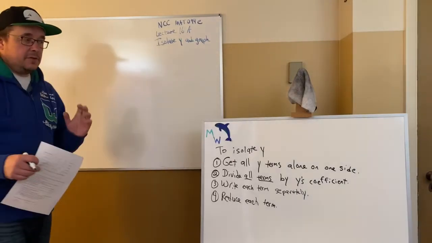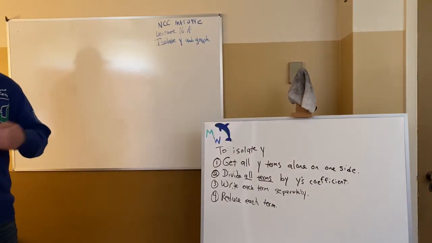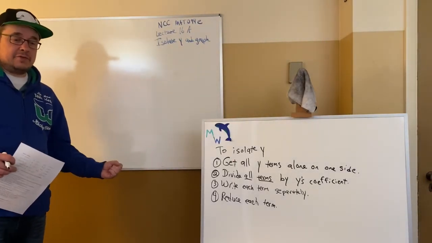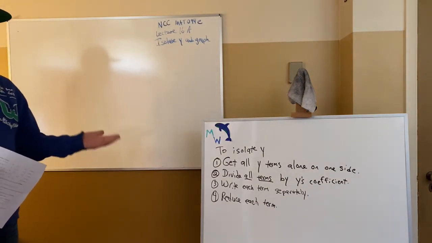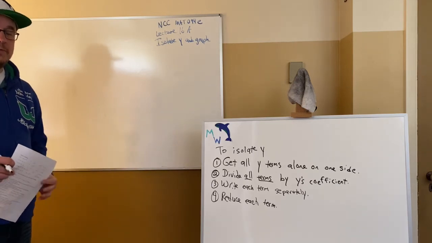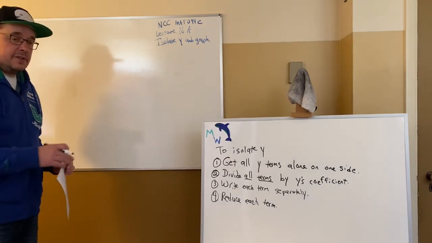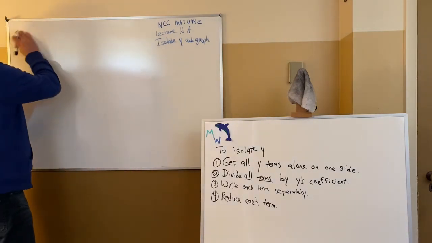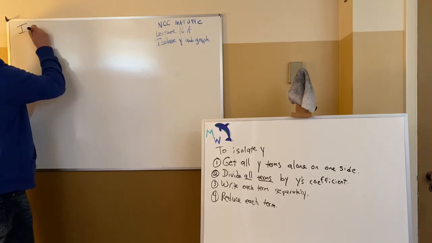Now, here's something you can use in two different ways that we graph lines: the t-chart method, and we're also going to look at slope-intercept in a future video. And in each case, you need to isolate y. So I'm going to demonstrate that you can isolate y